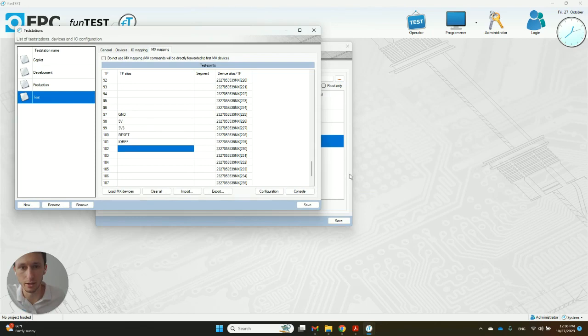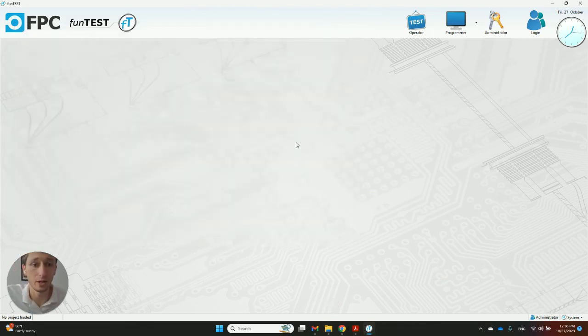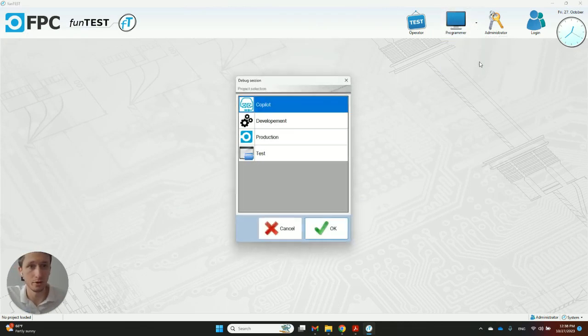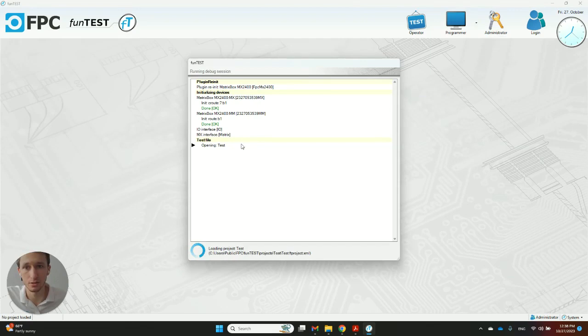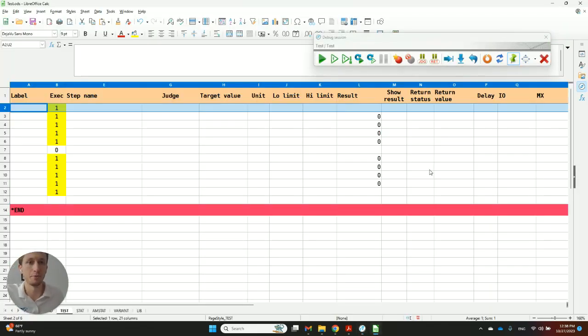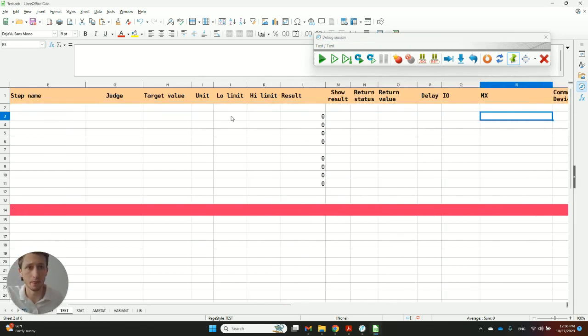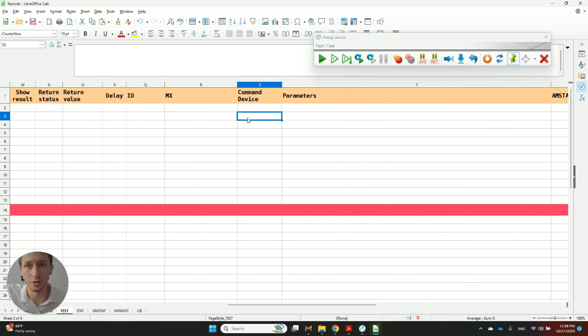I will click save. And now we can go ahead and start developing our test sequence. So we'll go to a programmer, run debug session, select test project, and it will open up an empty test sequence where we can start developing our commands. We will go ahead and use the first command in parameter columns. Here we'll call our DMM